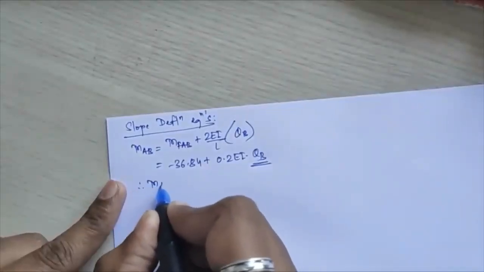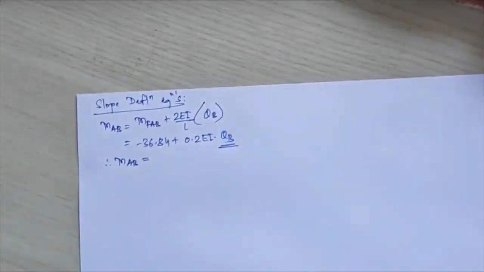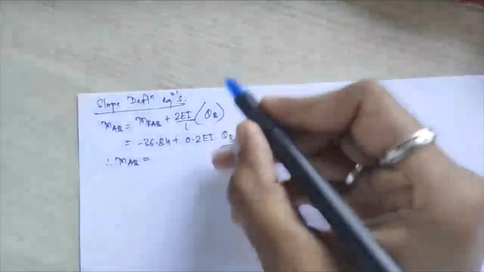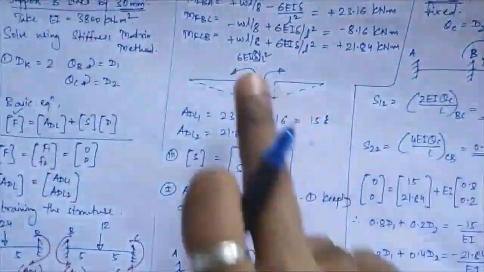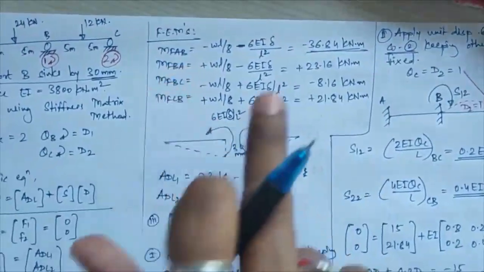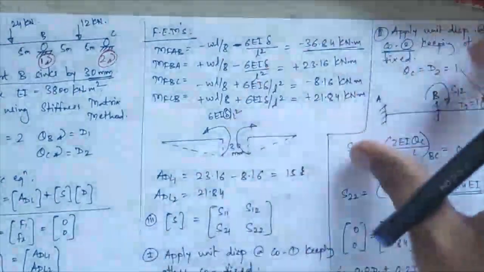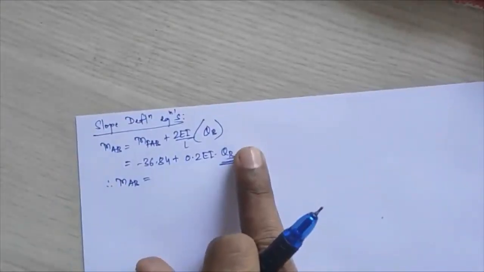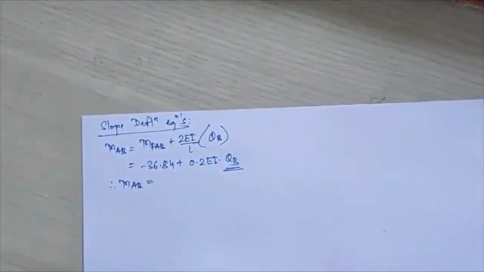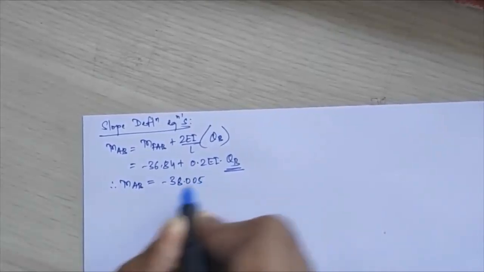So from that I am getting MAB. Remember, the sinking support condition is provided to you, but here you do not substitute the delta value. Why? Because we already considered that delta while calculating the fixed moments. If you consider it there, then do not consider it again in the slope deflection equations. So substituting theta B, that is minus 5.828, I get MAB is equal to minus 38.005